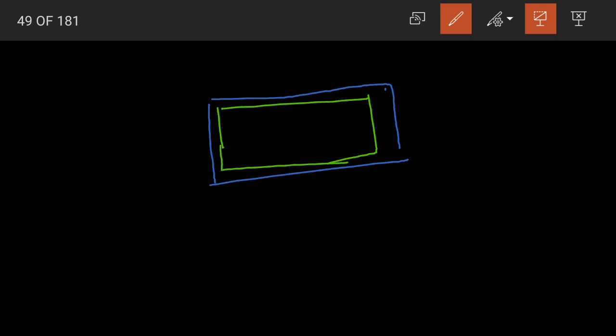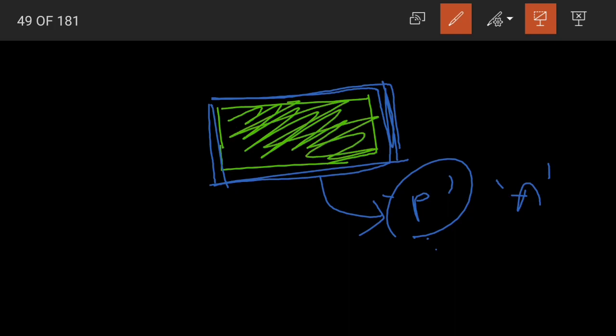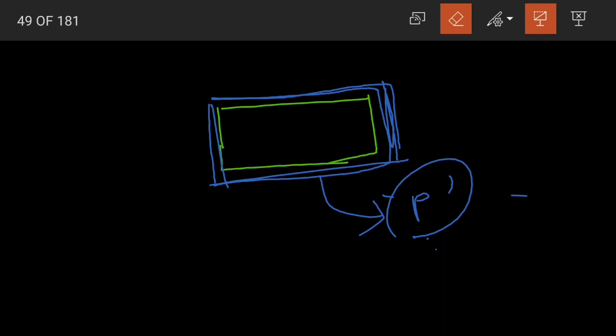Now if you see, what will be used to find out the cost of fencing? Will we go for finding the perimeter or will we go for finding the area? We will go for finding the perimeter. Yes, see, it is across the boundary, across the border. So that is why we are finding the perimeter. If it was inside the garden, the total area, that means we would have gone for finding the area of our garden. But what do we need for fencing? For fencing we need the boundary line. That's it. We only need the boundary line. It is nothing but our perimeter.